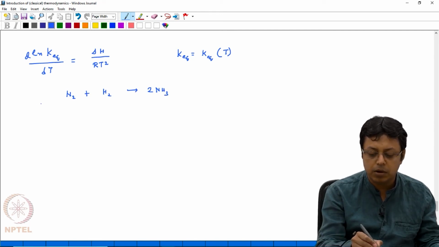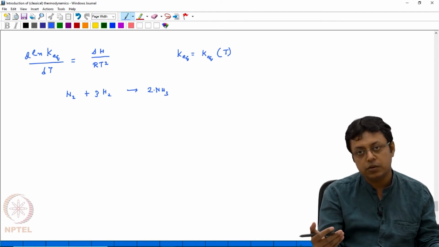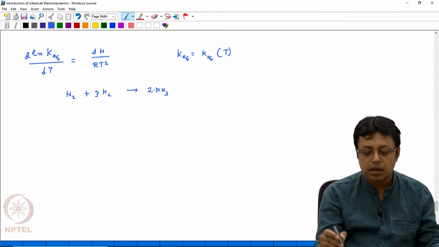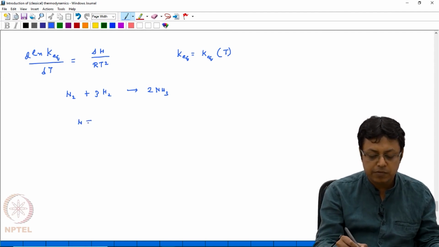It's an industrially important reaction, and actually the key reaction to produce many fertilizers. And here this reaction is exothermic, which means heat is produced in this reaction. And then if you reduce the temperature too much, the reaction does not occur, because initially you have to break